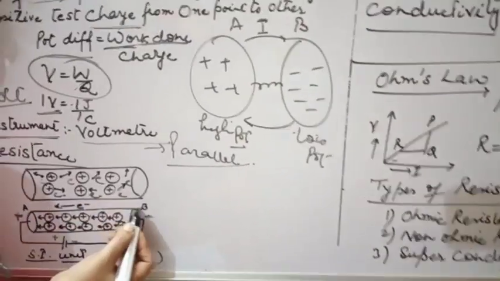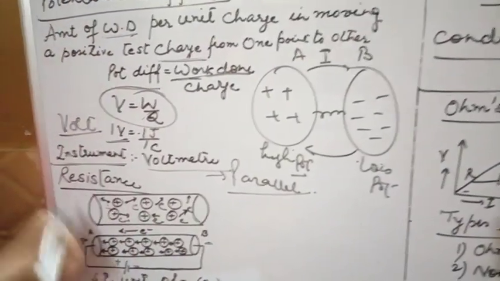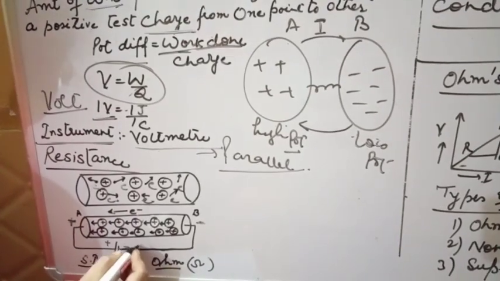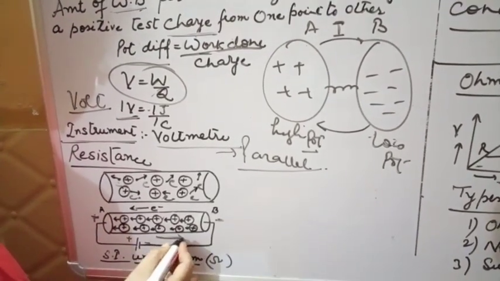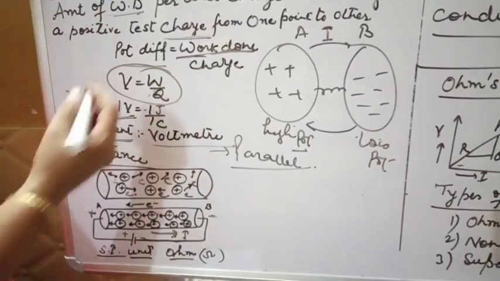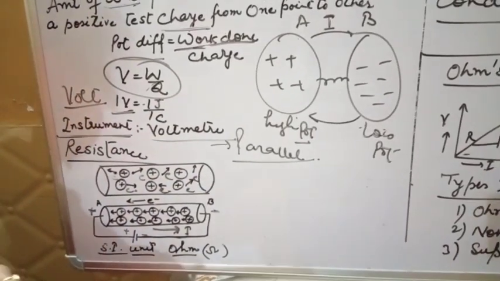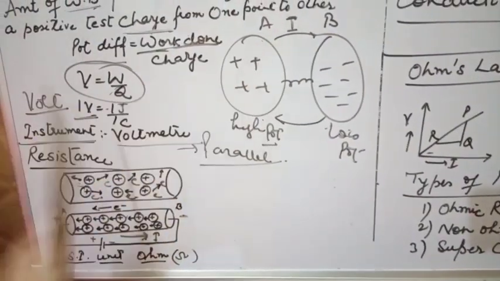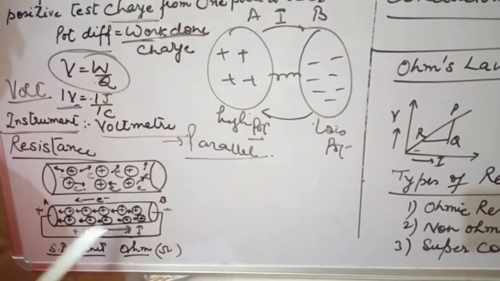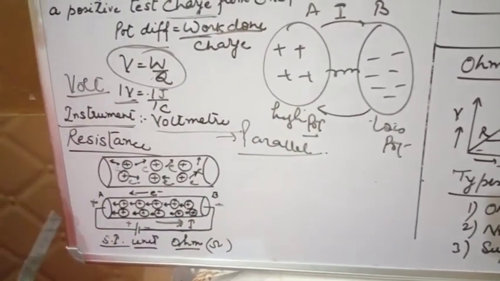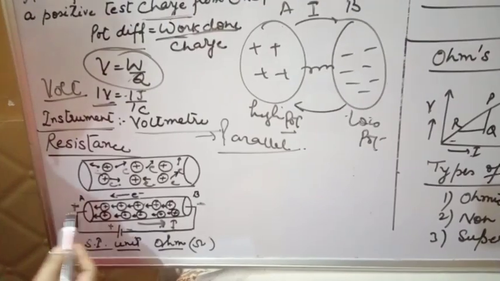Now all electrons will move from B to A, and on the average of that, current will flow from A to B. This is the current direction. As I already told you, firstly electrons move, and on the average of that, current will flow in the opposite direction. Again, come back to the same given example.